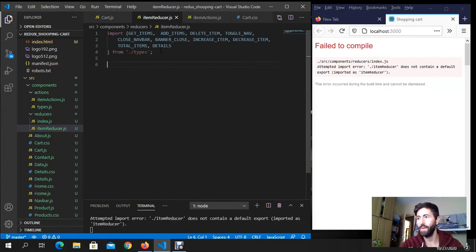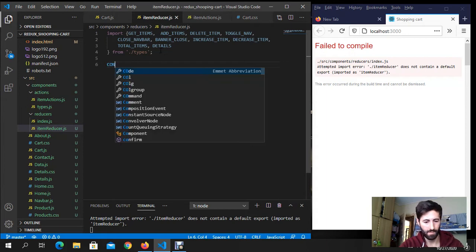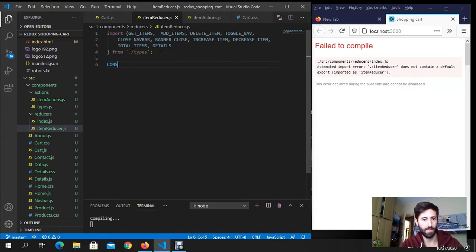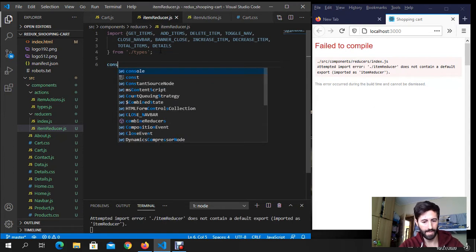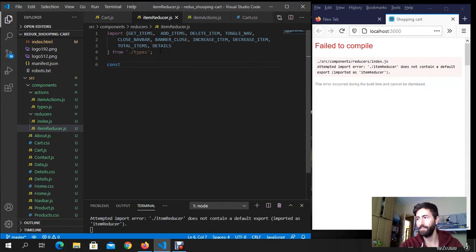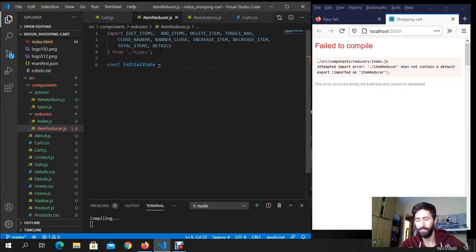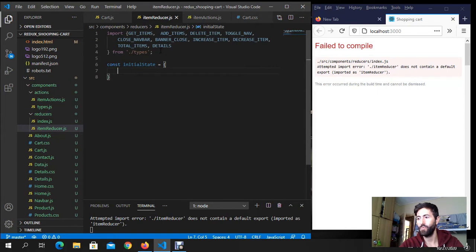We have to create then const what I'm doing, an initial state, guys. Const initial state equal with an object, and we got then the, let's say, the